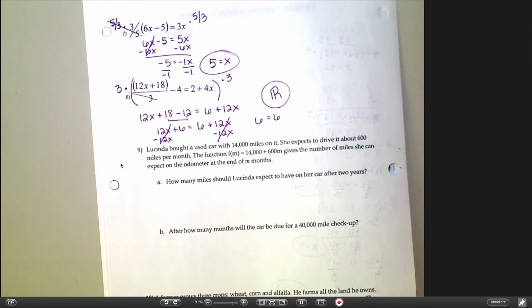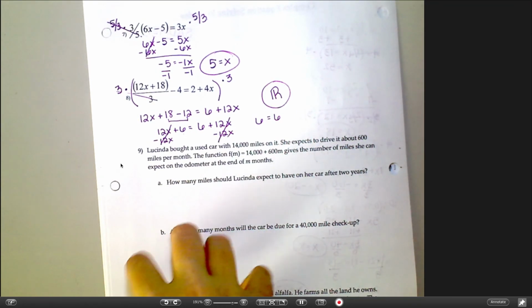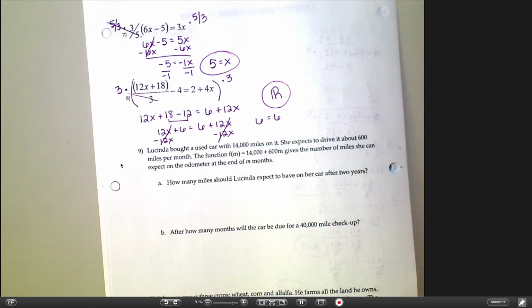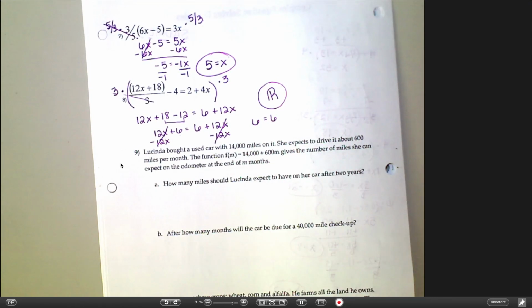How you feeling on those? Make sure you have these examples written down, because starting Monday we're going to be doing an activity with some pretty complex equations, and you're going to want to be able to refer back to them. And you do have a quiz